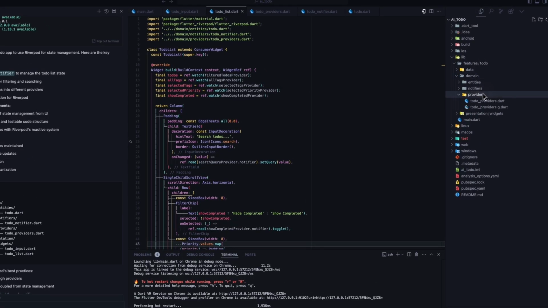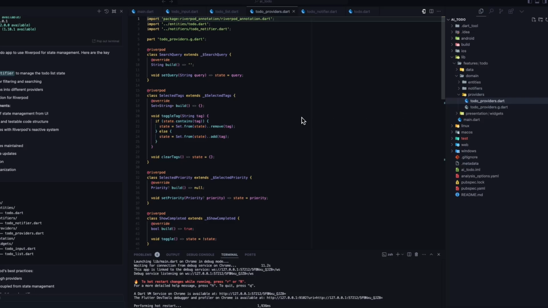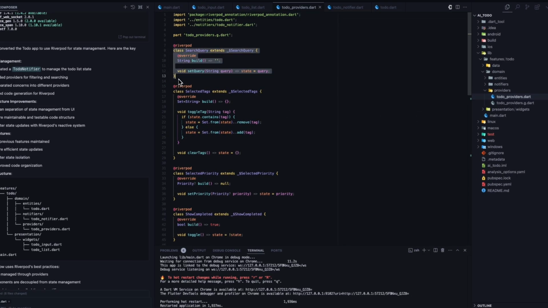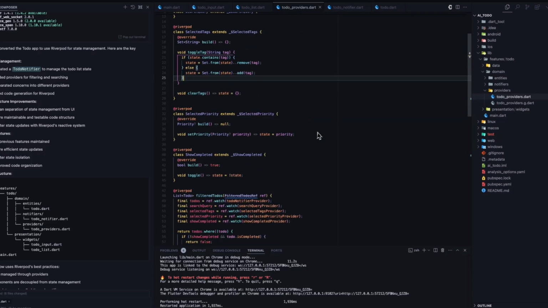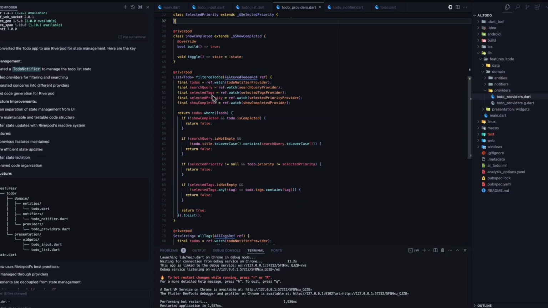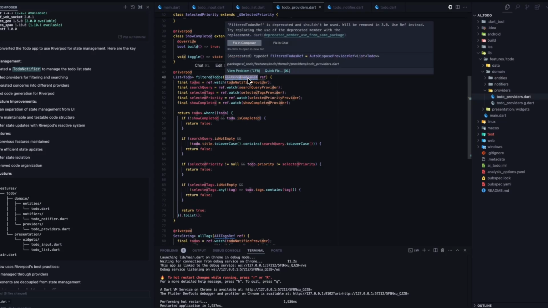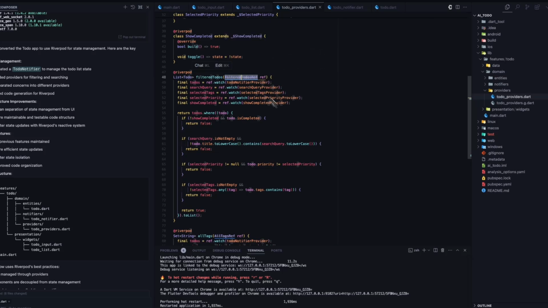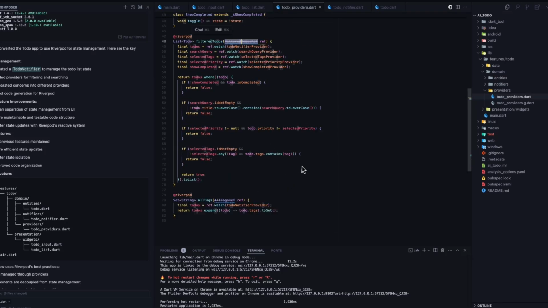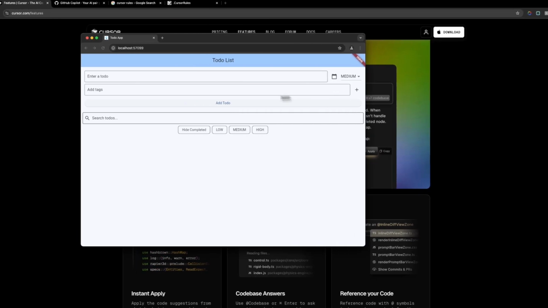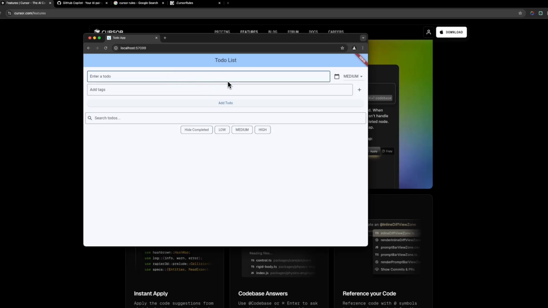So we have providers. So it has the to-do provider. We have the search query provider. We have the selected tags. We have the selected priority. And then we have the filtered to-dos. This is deprecated, but we can tell it. So far, it looks like